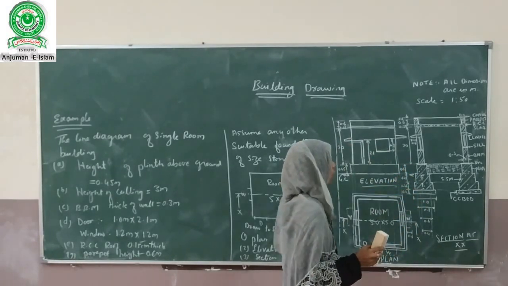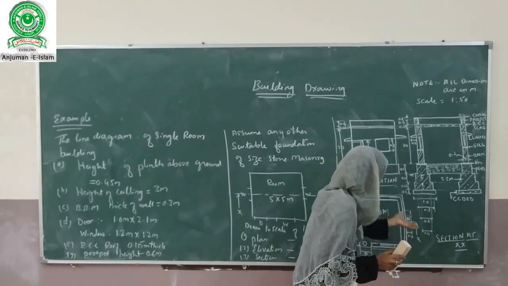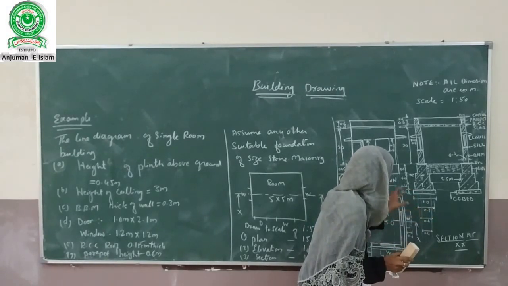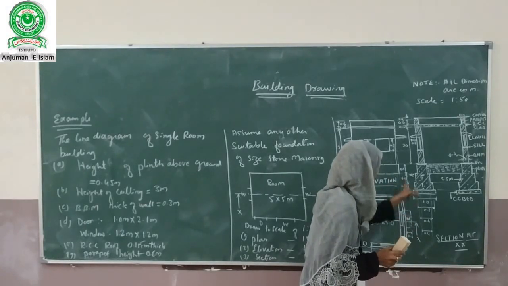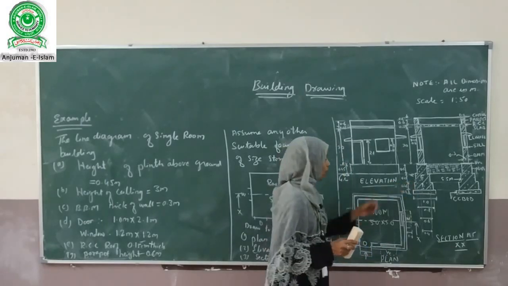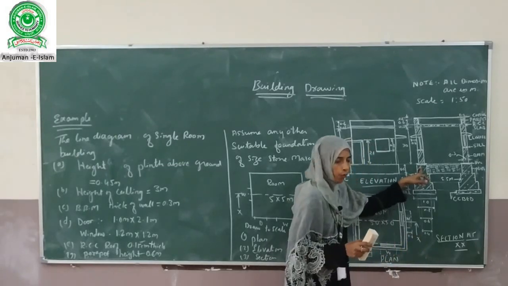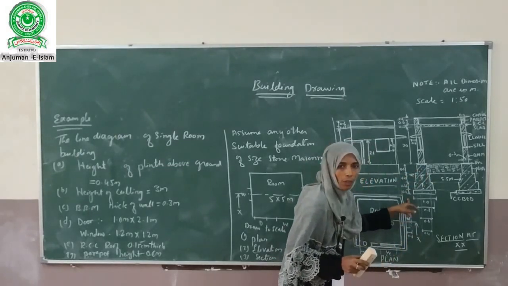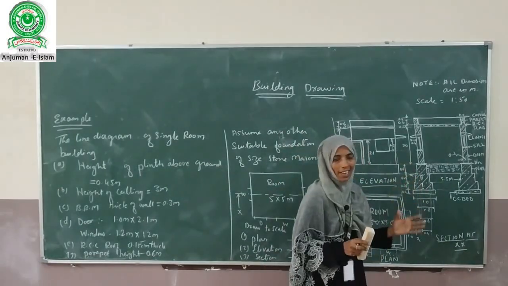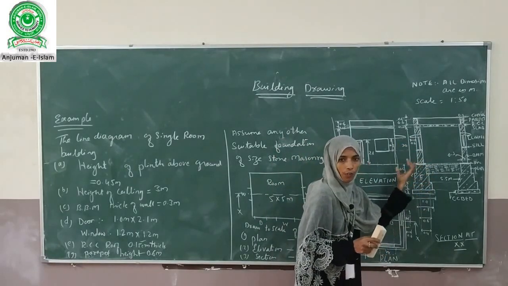This dimension has not been given in the question, so we have to assume the dimension for this. Here I have assumed the first footing size will be 0.8 meter width and the height will be 0.5 meters. The second footing width will be 0.6 meter and the height 0.45 meters. Then the width of the basement will be 0.4, the CC bed thickness will be 0.2 meters and the width of the CC bed will be 1 meter. These are the standard dimensions. By using these standard dimensions, we have to draw the foundations.